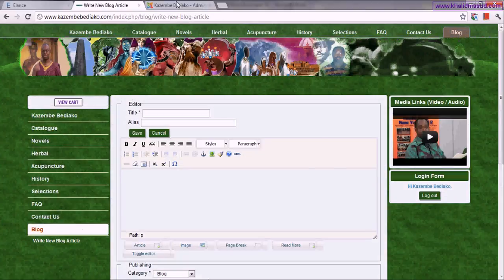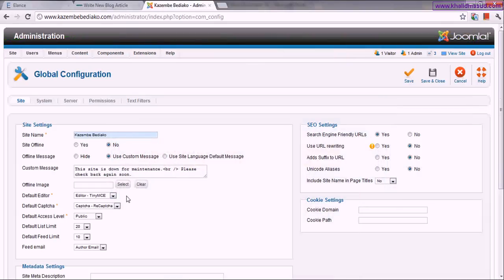For the front end section I have used this TinyMCE editor, but for the backend I won't recommend you use it, especially if you want to edit or modify any of the old materials.